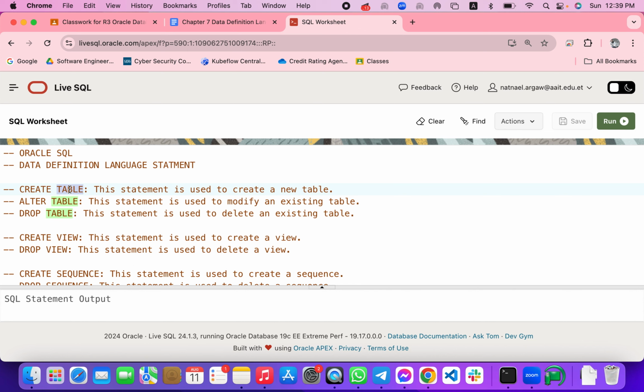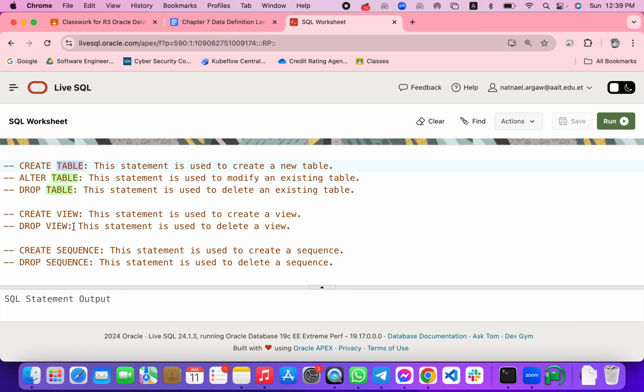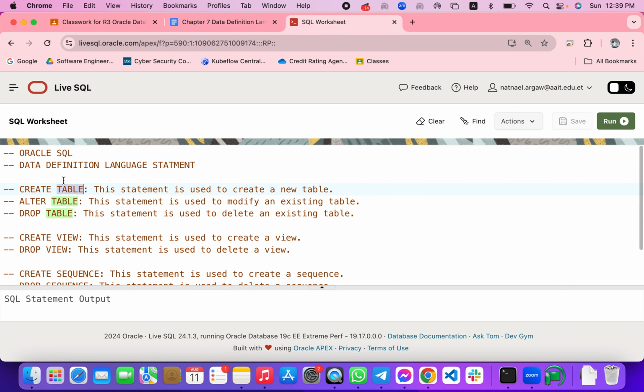We start with table. We'll spend much of our time on defining table structures, altering or modifying them, and then dropping table structures. And beyond that, we'll be creating views and sequences. Let's start from the definition,